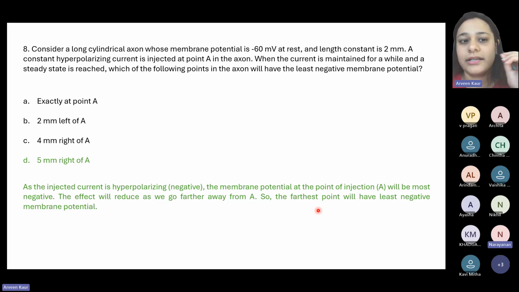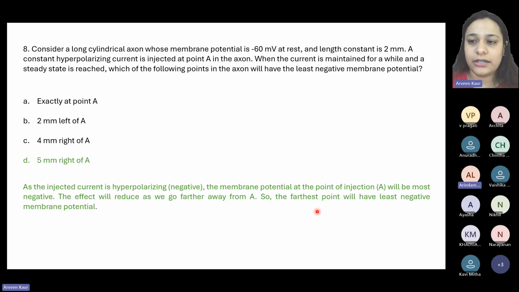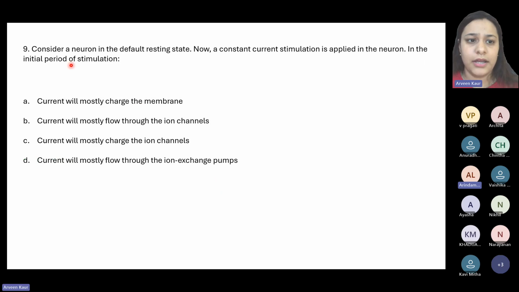Another disclaimer I wanted to give you guys is why I have written down each of these statements: I will share these presentations with you. So even if you are going through them without the discussion part, I want you to understand why we are saying this is the answer to this particular question. That is why it has been written, just in case you are going through it again. Okay. So now question number 9.